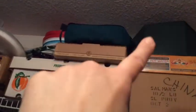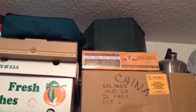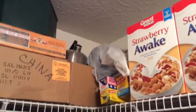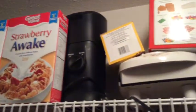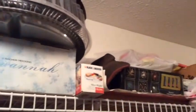That green thing on the very top right there holds cupcakes. It's really cool. You can hold 2 dozen cupcakes in it and they don't smush. I also have hot cocoa mixes up there. Seasonal wraps, like holiday wraps for things. Extra cereal, a coffee maker, a grilling thing, some more deli trays, another serving bowl, a carving knife,